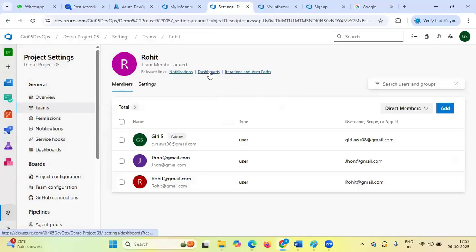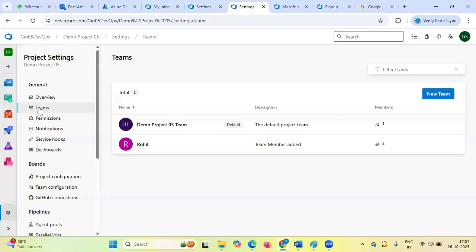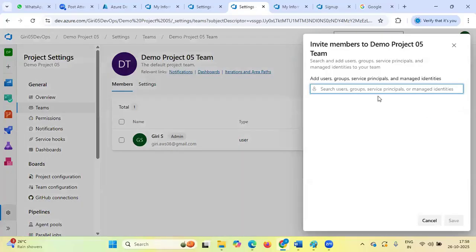Okay. Now go to the dashboard. Go to the teams. Here there are two teams. Now go to this default team. Here there is only one member, right? Here also you can add.